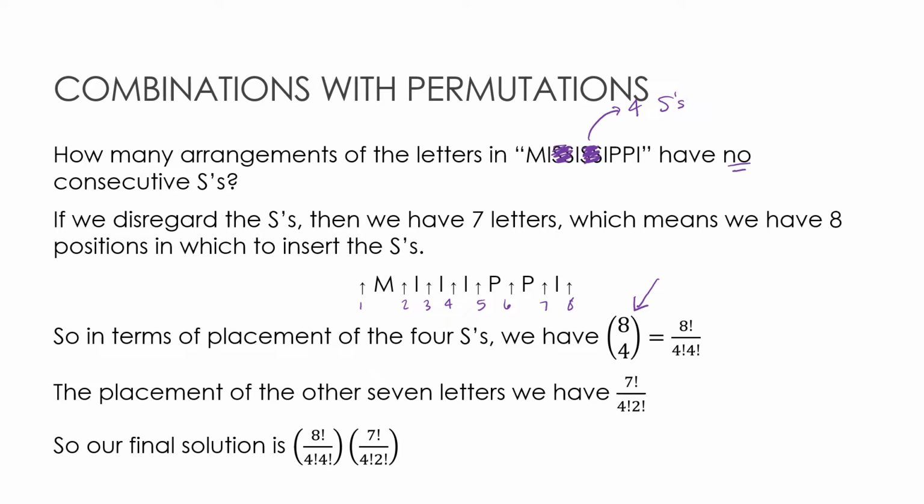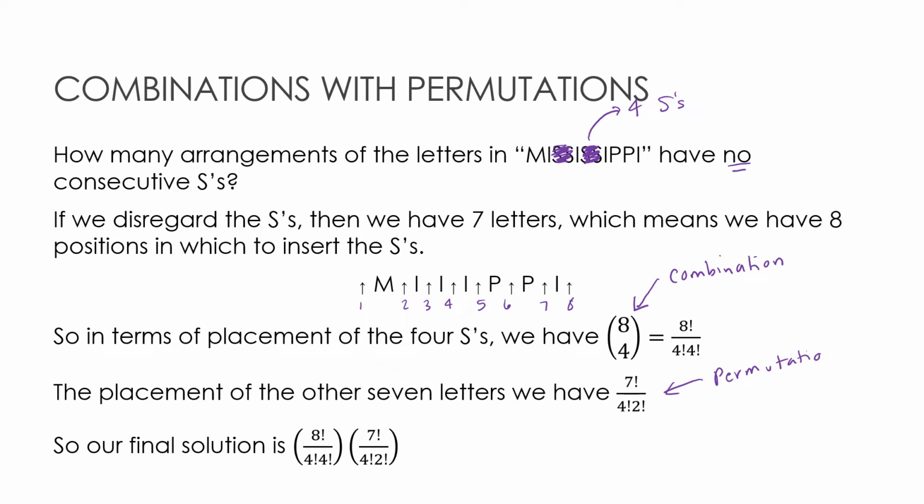So that's all well and good, and that would be my final answer if the M and the I and the I and the I and the P and the P and the I had to stay exactly where they are. But they don't, because remember, we're arranging them. So instead, let's take a look at how I might mix this up a little bit. The placement of the other 7 letters is a permutation. So notice this was a combination because all of those S's are the same and it doesn't matter which one I put where. This guy is a permutation